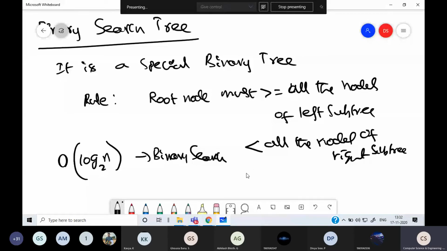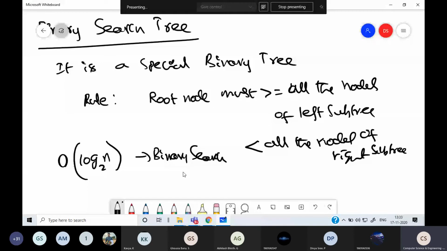The root node must be greater than or equal to all the nodes of the left subtree, and less than all the nodes of the right subtree. This is the rule of a binary search tree. Otherwise, it is the same as a binary tree. Once this rule is applied and we build the tree, the search time of this tree is order of log n with base 2, because it is the same as binary search.